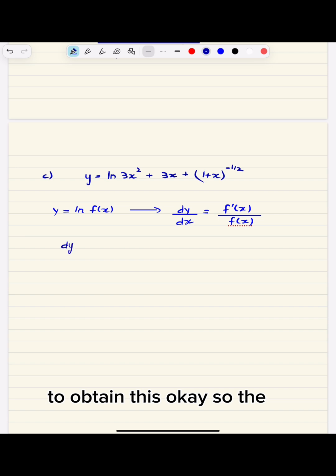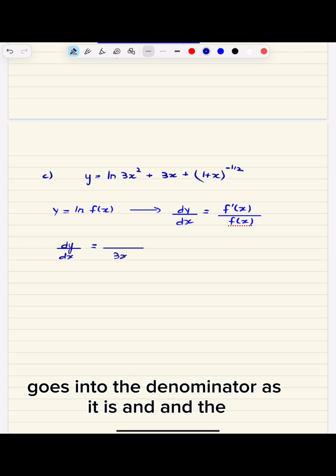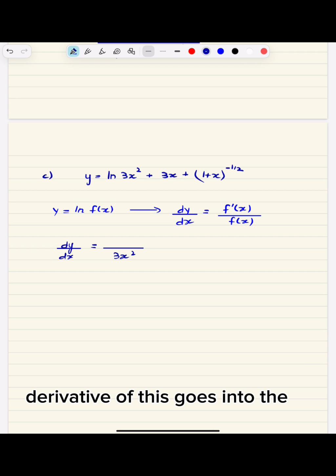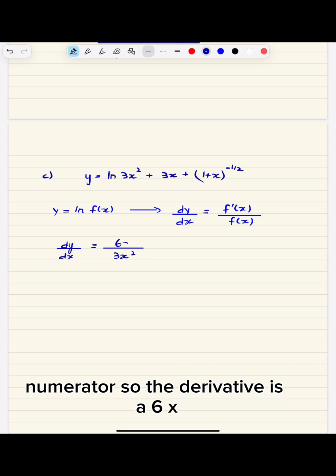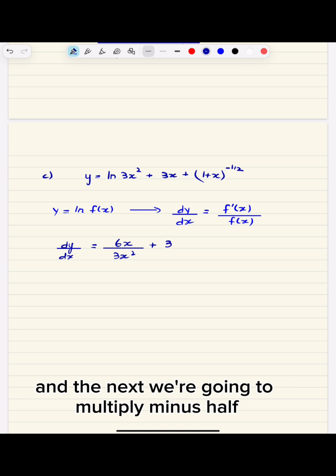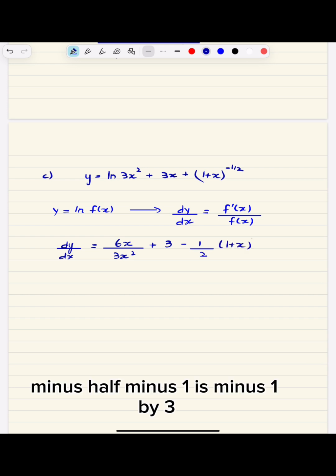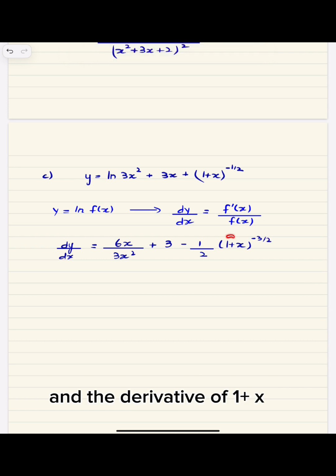Okay, so the derivative of y with respect to x: 3x squared goes into the denominator as it is, and the derivative of this goes into the numerator, so the derivative is 6x plus the derivative of 3x, which is just a 3. Next we're going to multiply by minus half, (1 plus x) to the power minus half minus 1, which is minus 3 by 2, and the derivative of 1 plus x is